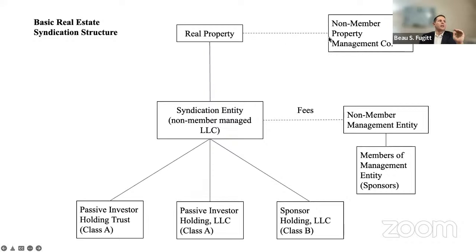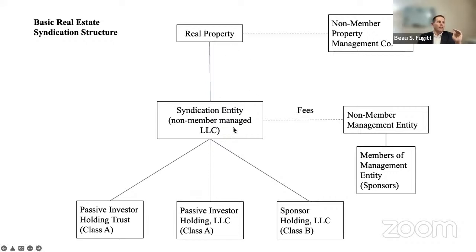They own the property, but you have a non-member property management company that is actually running the management. They're the ones dealing with the tenants. Because if there is a claim for discrimination, let's say, we want them to have to sue the property management company, or we want the judge to say the person at fault is this property management company, not the actual person on the title to the real property. I say person because an LLC or limited partnership is a legal person. So that's the first step, right? Hopefully, if there is a judgment, it's going to be on these folks, not down here.